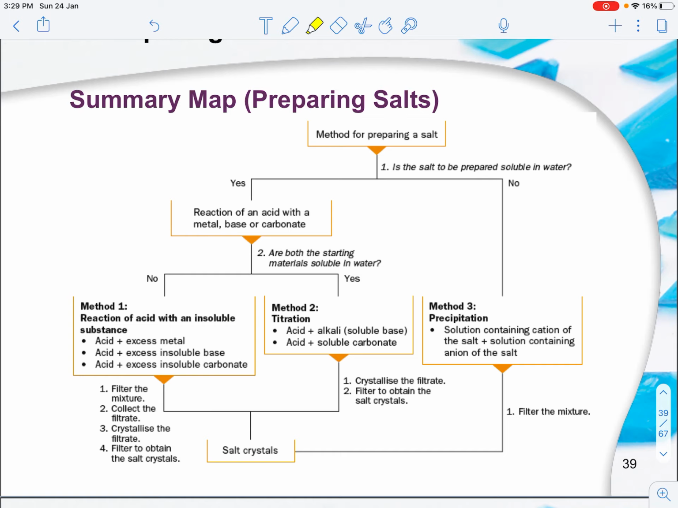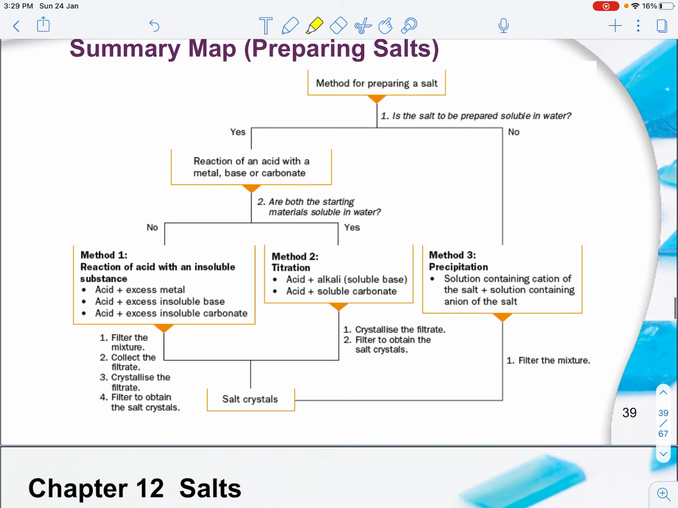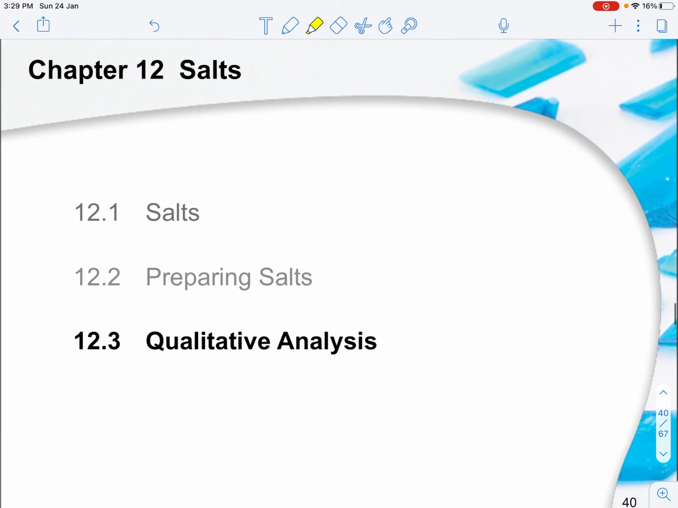And what reaction you should fall back on? Acid-base reaction, acid chapter again, the 3 reactions: acid with the metal, acid with the insoluble base, and acid with the insoluble carbonate. Okay, so this is all that you have to know for preparation of salt. Next, we will be looking into qualitative